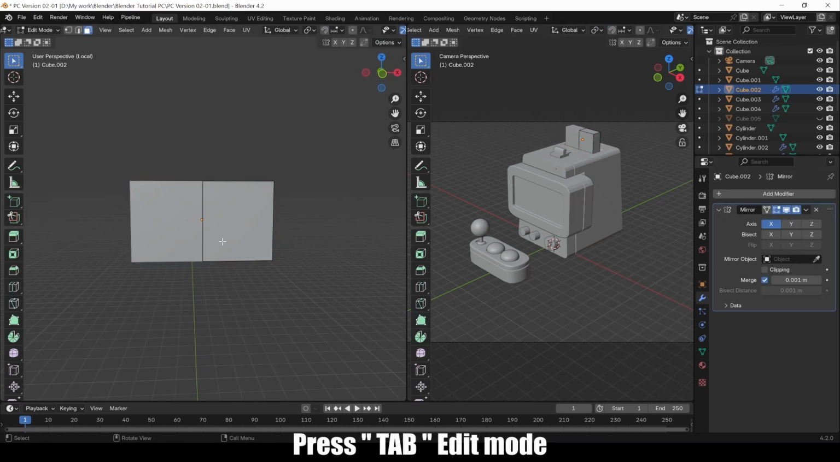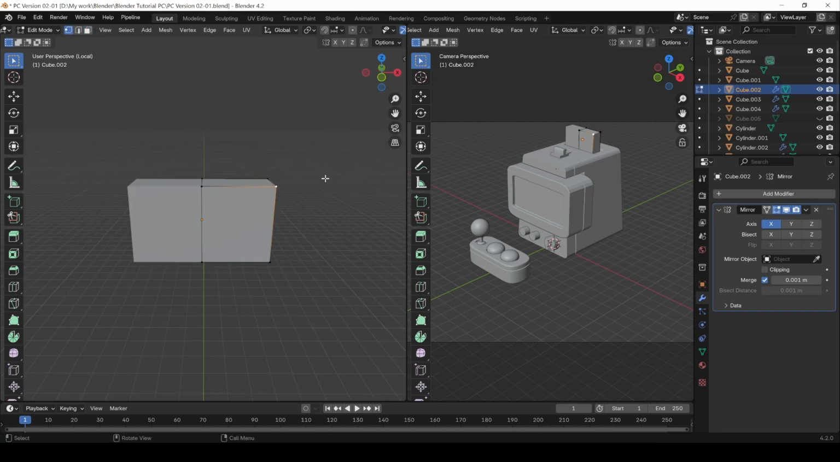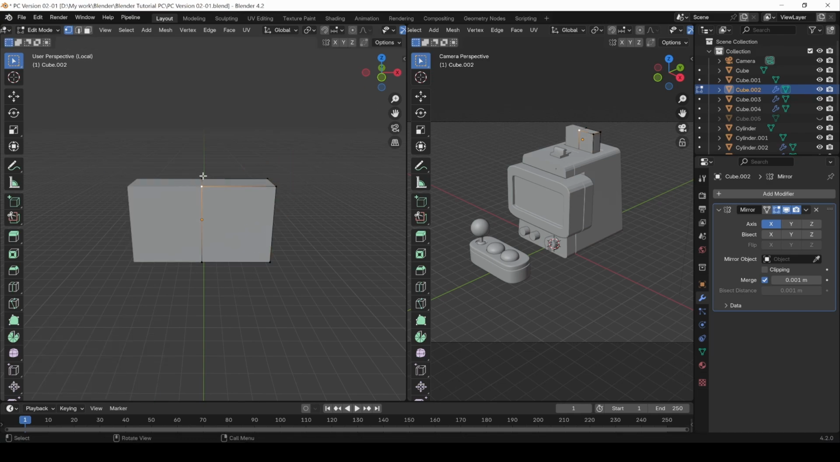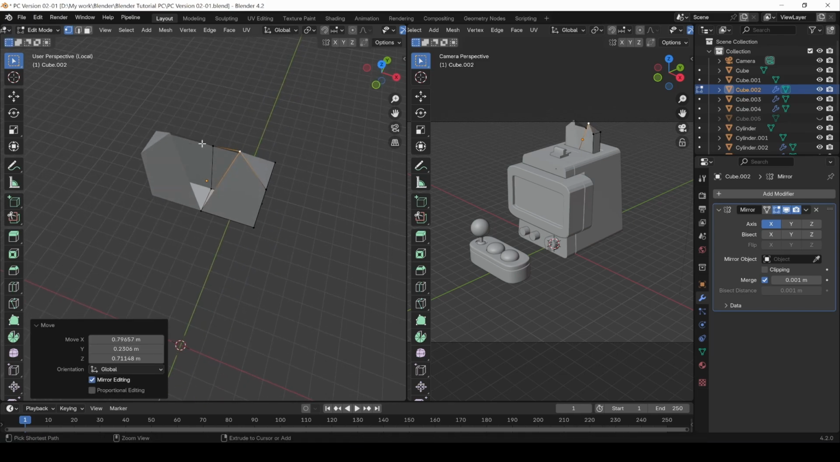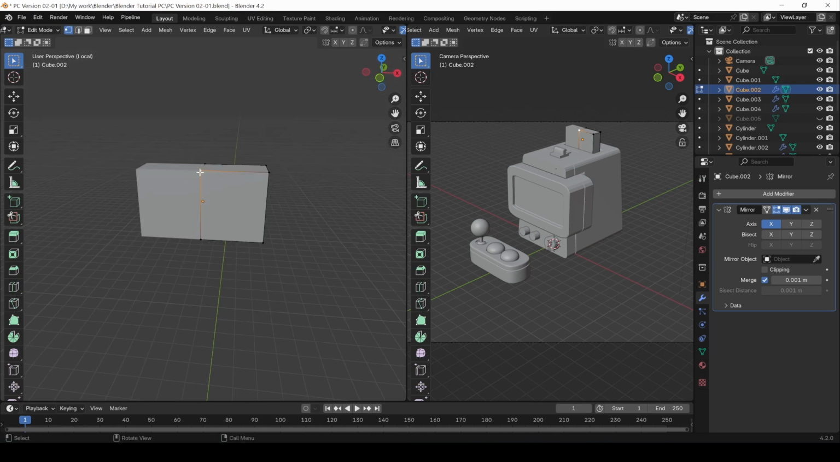As you can see, if you go to edit mode again with tab and go to vertex mode by clicking 1 here, and if you move this, now it's mirrored. Okay, so if you press one of these two in the limit right here and you move it, you can see that it is not connected together, and this is not what we want because we want this to be merged together. It will be one point here. So using this clipping, you can specify how much distance it will be between 2 points to merge them. So let's make it